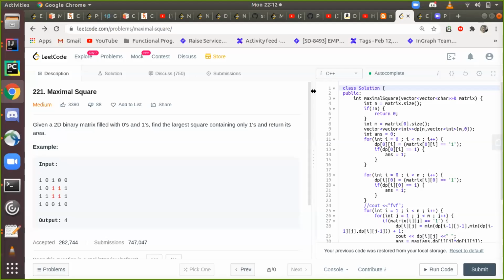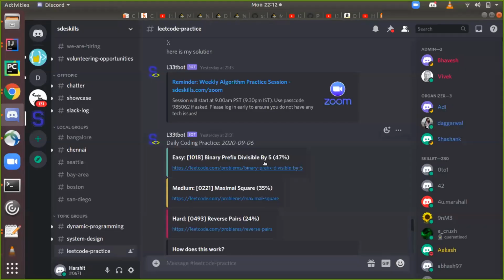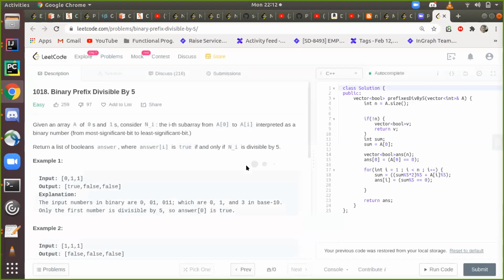But as Dilip was saying, we can't store that. I think for this problem they are discarding the extra bits. I was converting to a decimal number and checking if it is divisible by 5. Yeah, I did the same, that's why I couldn't understand how.